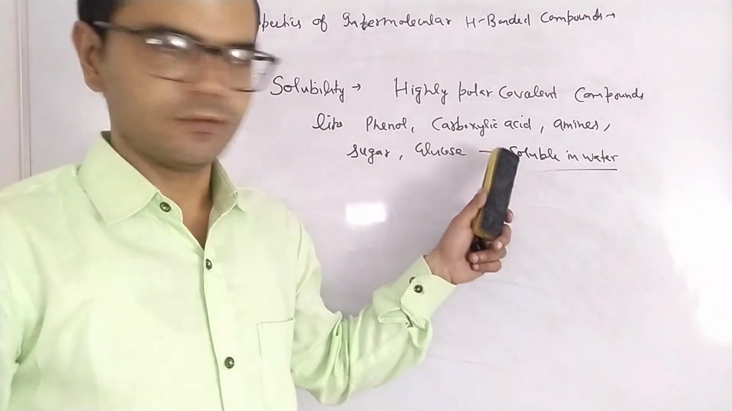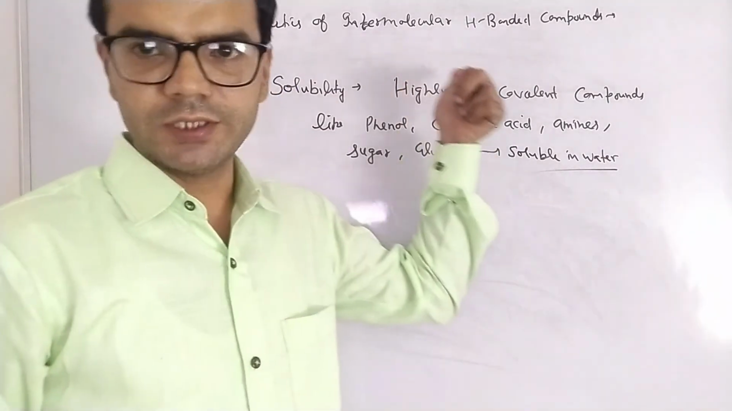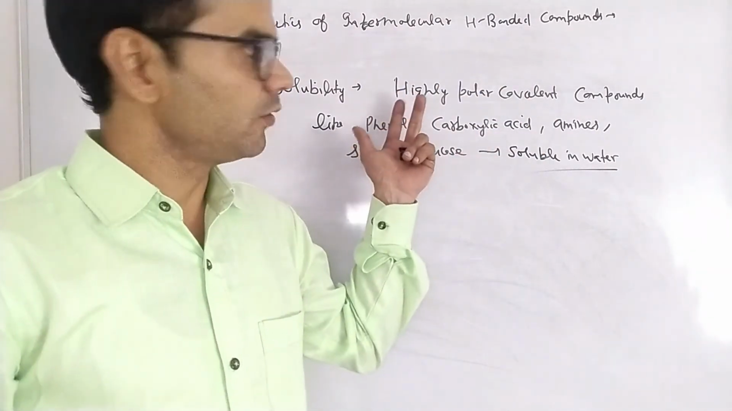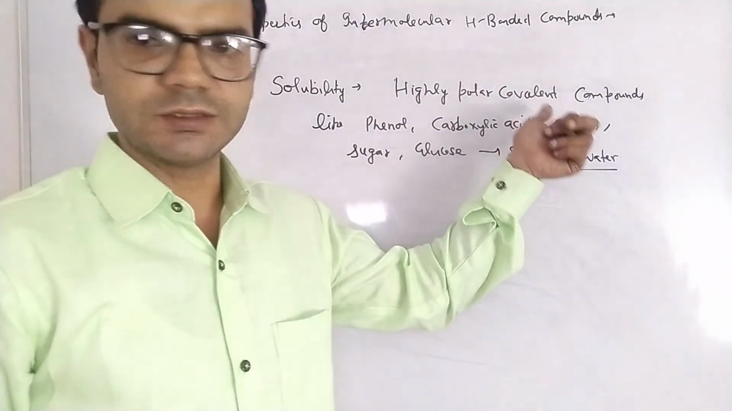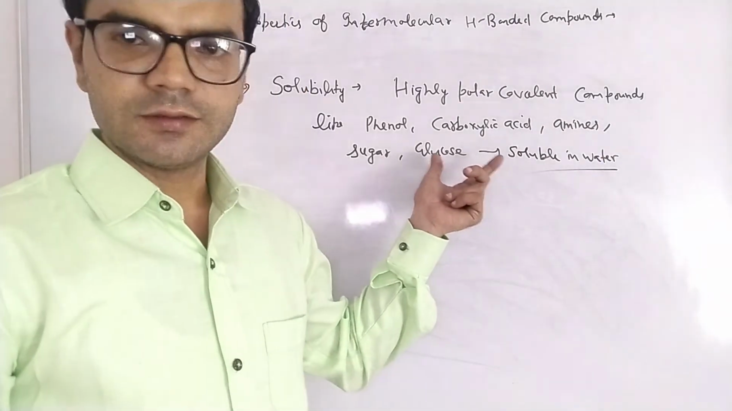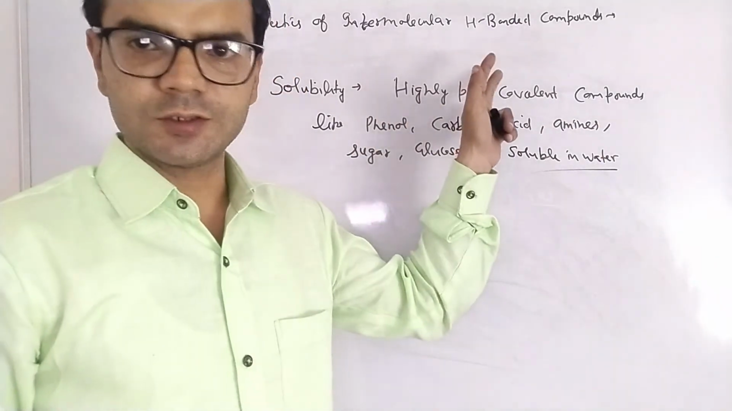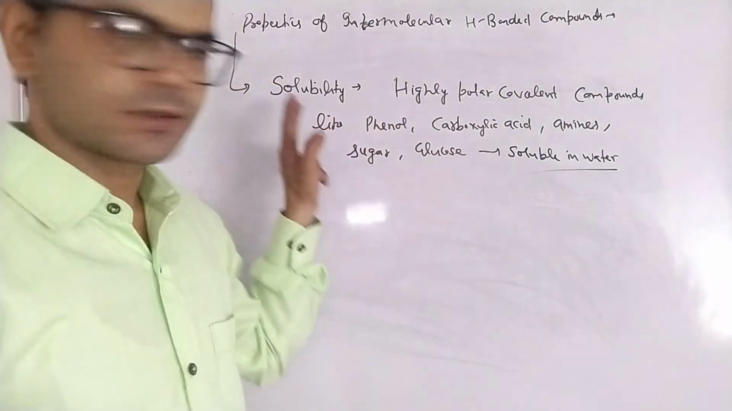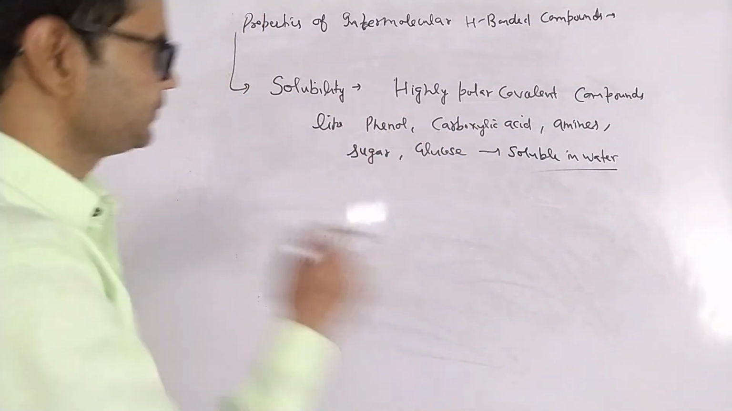Soluble in water. Why? Because of intermolecular hydrogen bond. That results in the higher solubility of organic compounds, covalent compounds in water. Whenever there is intermolecular hydrogen bond formation, that will be more soluble in water. That is the solubility. Third is